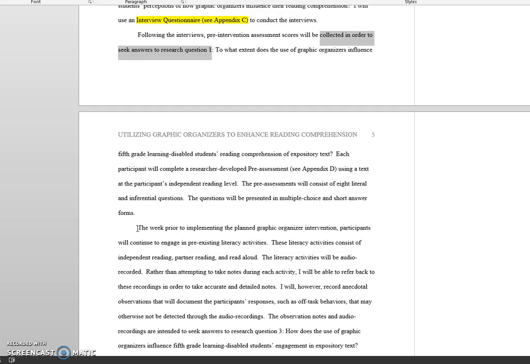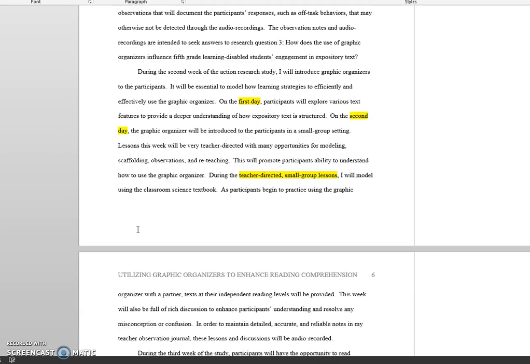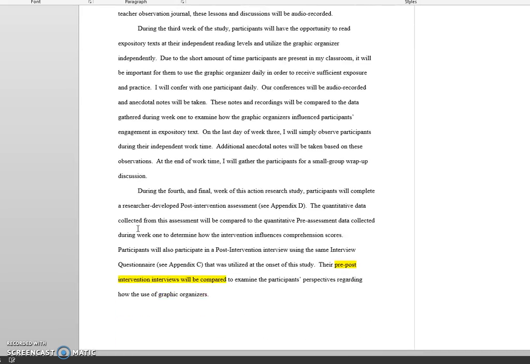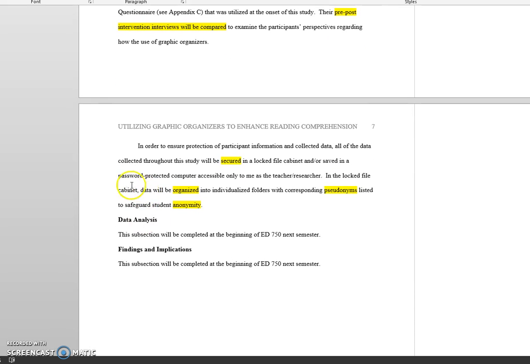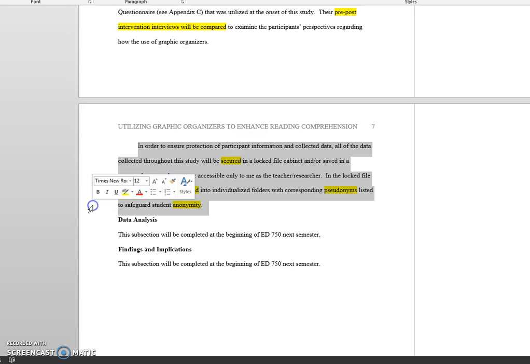Okay, scrolling down to page 7, the last page of the methodology as it's written to this point. The last paragraph is also very important. Again, research protocol. You are clearly stating what your plan is to assure that the data is treated with confidentiality and that the participants' anonymity is also protected. So again, here's some phrases, and it's okay to go ahead and use this wording if that's exactly what you plan to do. If you plan to do something else, you're just basically assuring that you're not going to lay